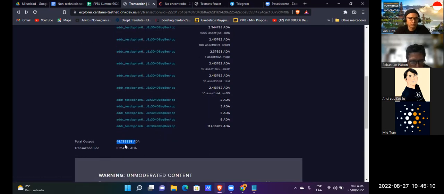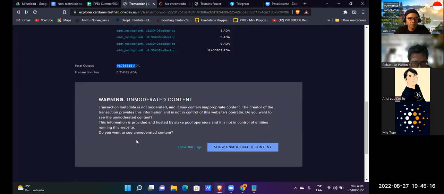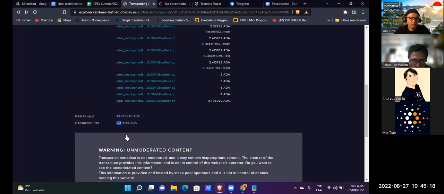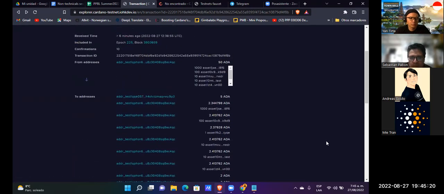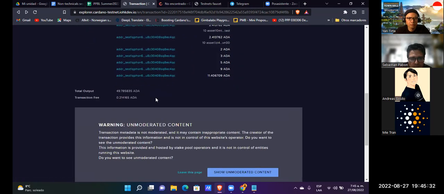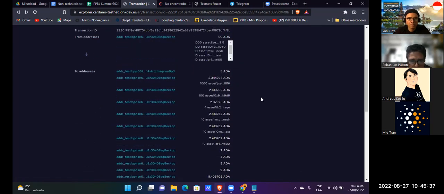Of course. 49.78 is the amount without the transaction fee. Finally, they are taking 5 ADAs from my funds, and taking the transaction fee.